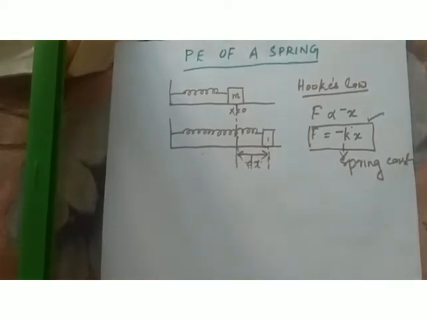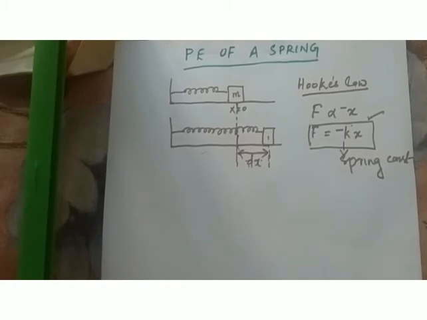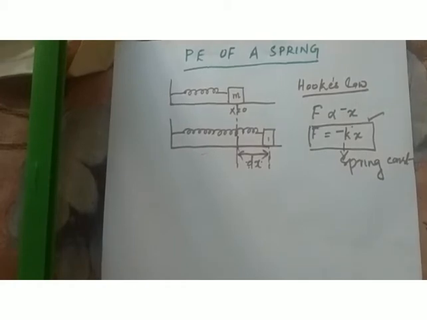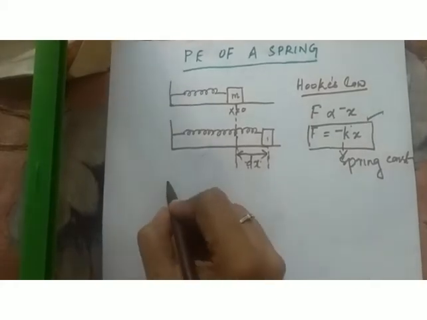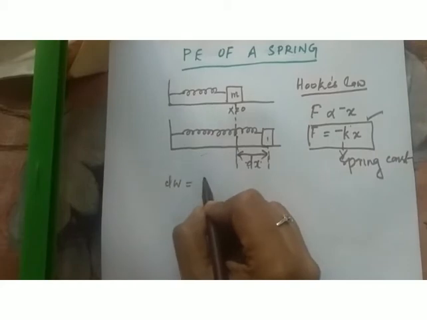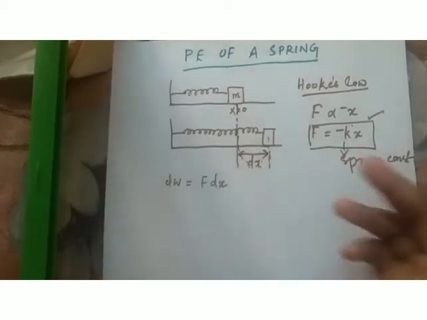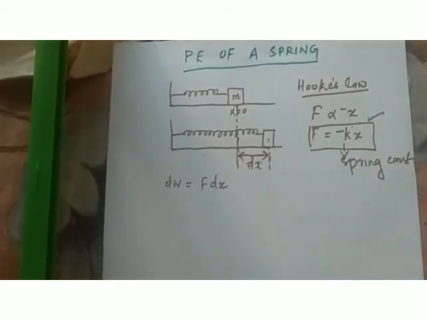So here when the spring is stretched and released, it executes some oscillatory motion, and let dx be the distance covered by the object towards the right direction. So displacement has occurred here, so work is said to be done, and the work done for this displacement is dW equal to F into dx, force into displacement. This is the small work done. Why? Because the body has displaced only through a small distance dx.